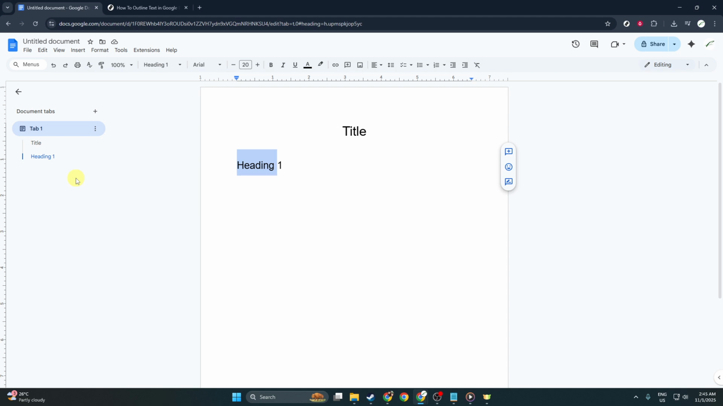So go ahead and give this a try. With practice, you'll find that creating text outlines in Google Docs can be both intuitive and efficient, helping you manage